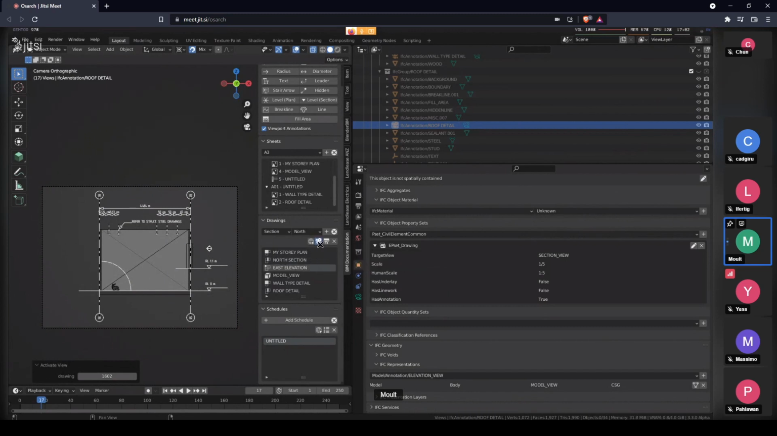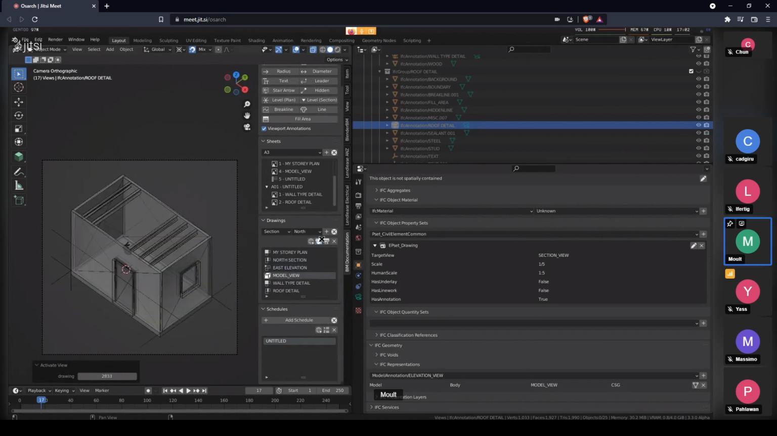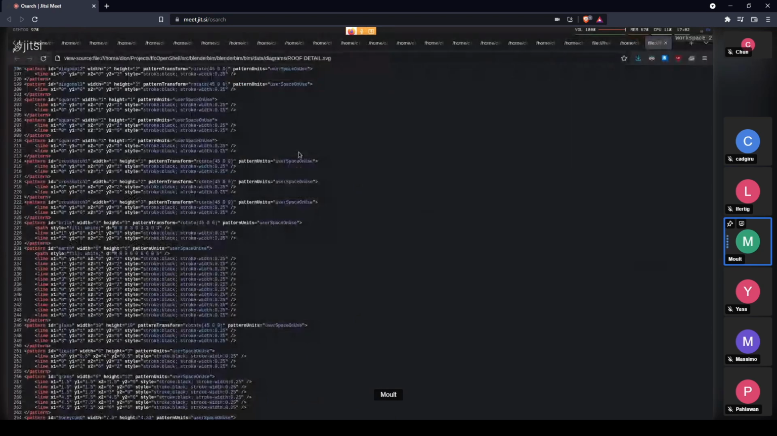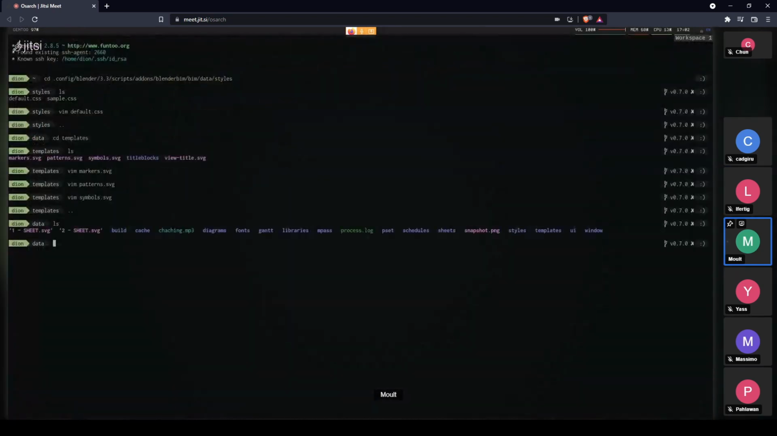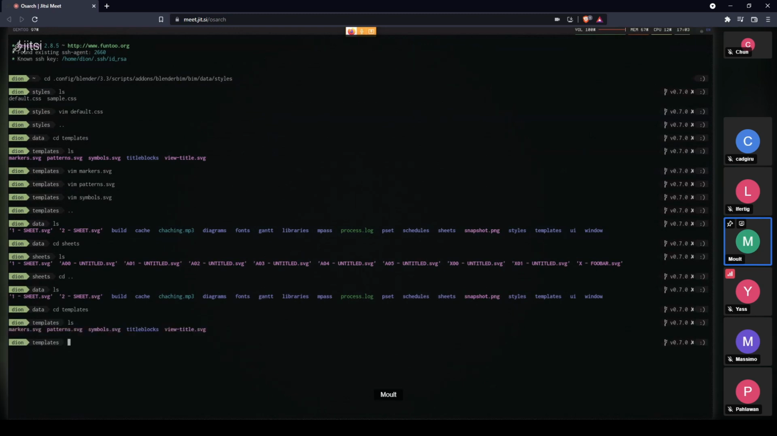What else is there to show? I didn't show sheets. Sheets is pretty simple. At the moment, you've got a couple of pre-built title blocks. Again, it's all just SVG, so you can make up your own. So this is in sheets. No, not in sheets. Maybe it is in templates. Title blocks, hey. Right, so if I open up one of these title blocks,